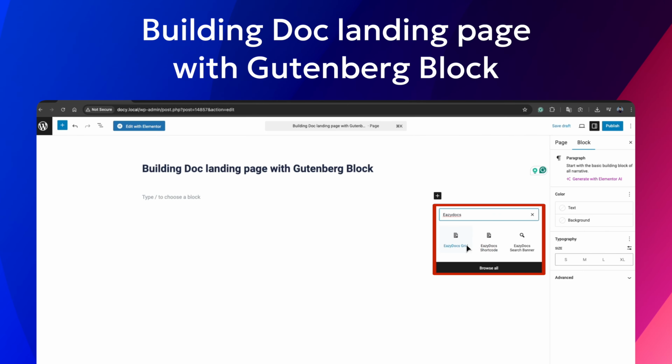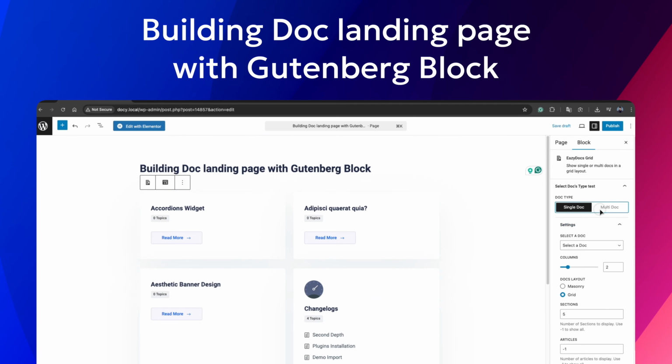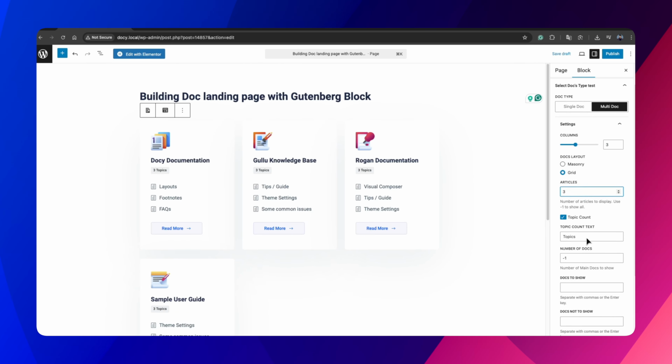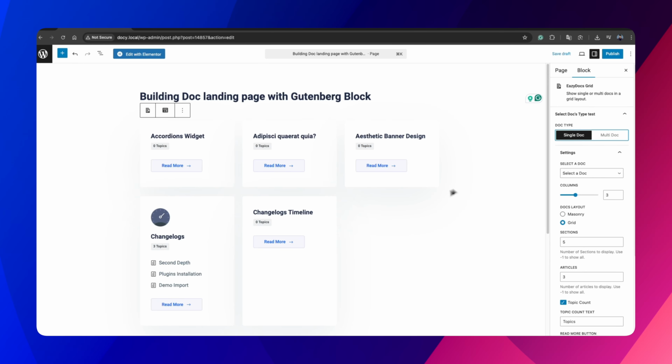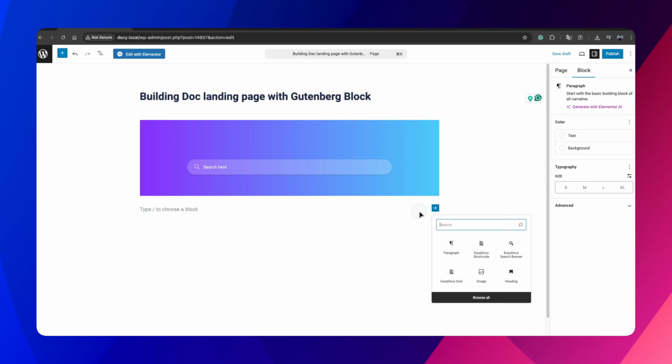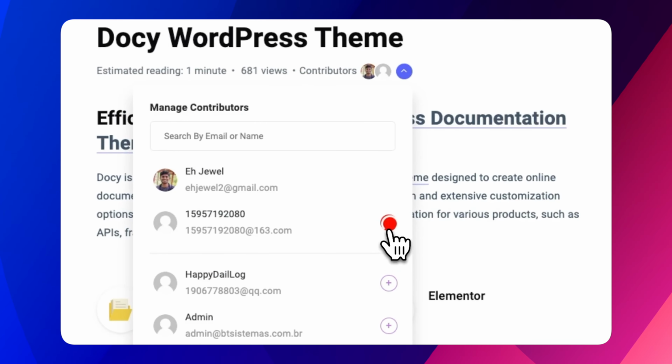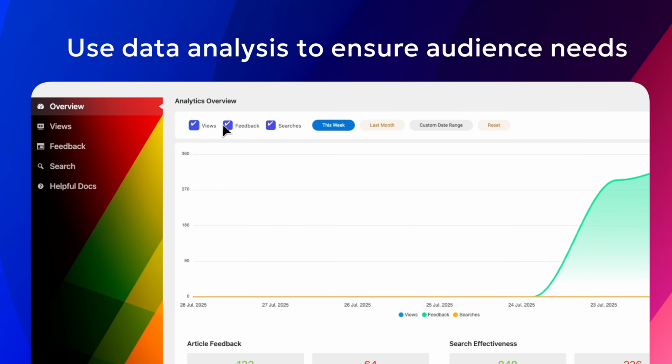your needs. It's not just that. Even you can build your documentation landing page using pre-designed Gutenberg blocks and easily customize it from Gutenberg Editor. You can manage document collaboration with contributors and leverage data analytics to optimize your documentation for audiences to ensure their